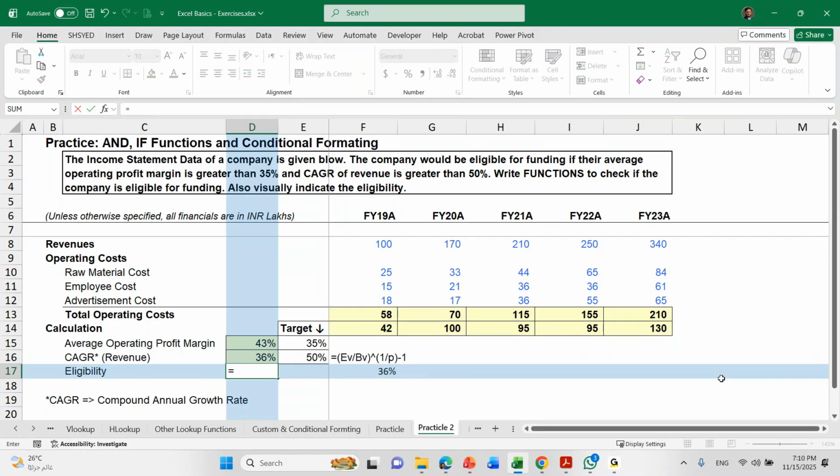So what I'm going to do, I'm going to bring in a function that will help me to make a decision and show that decision on my screen. The first function I'm going to use is AND, because I have two criteria and both criteria have to be met. If it was either or, I would have used the OR function. But in this case, both conditions have to be met. So I'm going to choose the AND function, and the AND function requires that this cell should be greater than or equal to